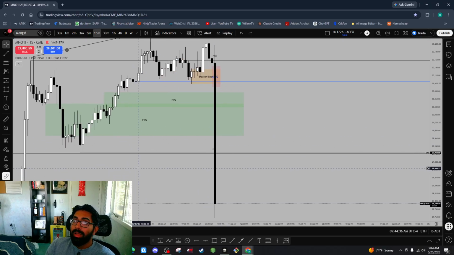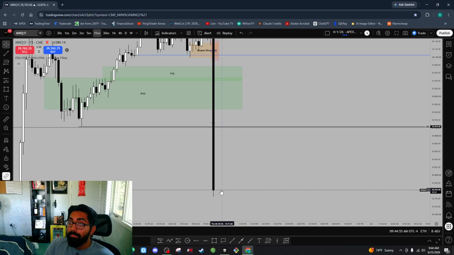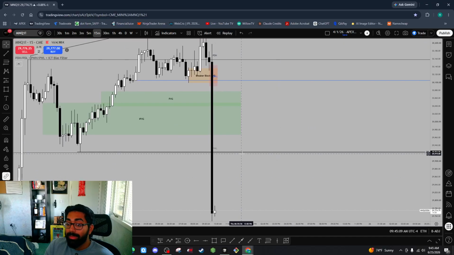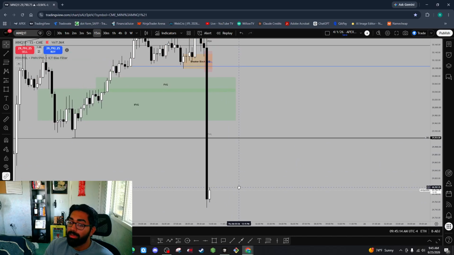So scratch number 1. Number 2 is the correct answer, which is you wait for a retracement to some kind of continuation zone, right? Something that's telling you, okay, we've entered a low time frame bearish fair value gap, or price is confirming at this 50% level, like this 15-minute is coming 50% of the way through its candle body, which is a discounted entry, and then you enter off of a 1 minute inverse fair value gap. Something like that is good, right? And if it doesn't pull back, then that was still a safer option than if it continued down here and you entered at the candle body close.